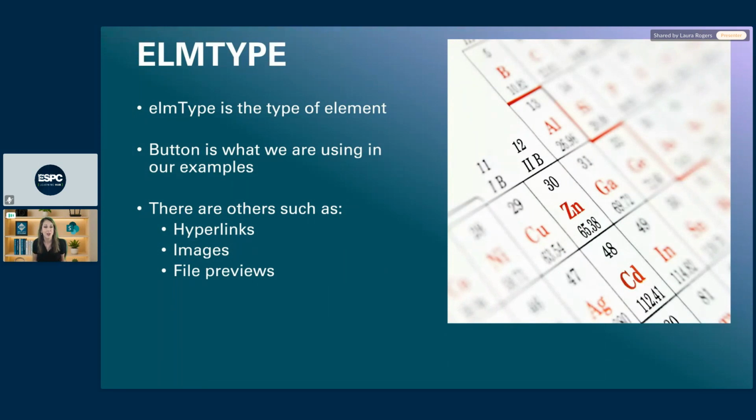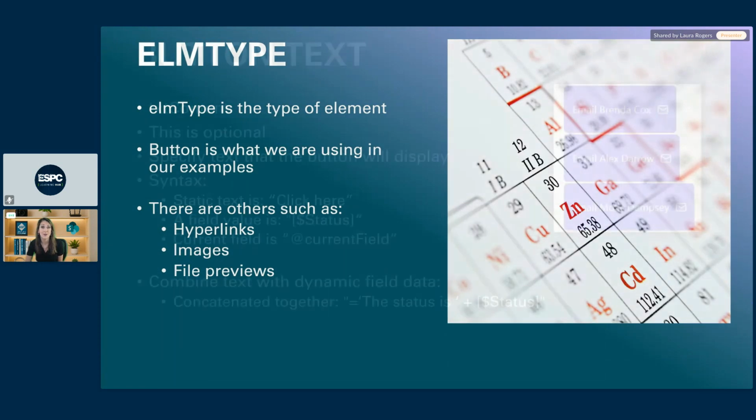So maybe if you have a list of customers and you have the website of each customer and you wanted to have a pretty button that links you to open that customer's website, that's an example of what hyperlinks can be used for. The file previews one is one that I've seen people use a lot with document libraries, where it'll actually show you the file preview as that element in your column. So those are the element types. Again, we're just using button in all these demos.